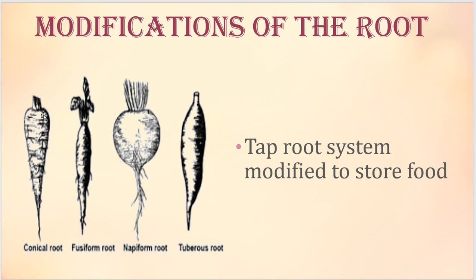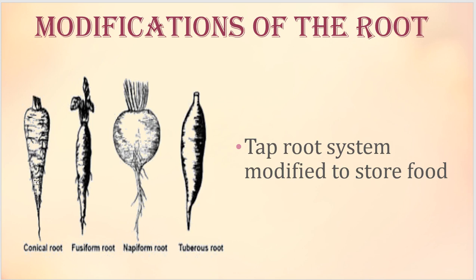They store food, and later when the situations become unfavorable, the shoot system will dry off without leaving any damage to the root system. This root can perennate, and later when it receives favorable situations, this root can produce another new plant. So this is to store food and also as a part of its perennation. Based on the shape, we are dividing this under four major types.